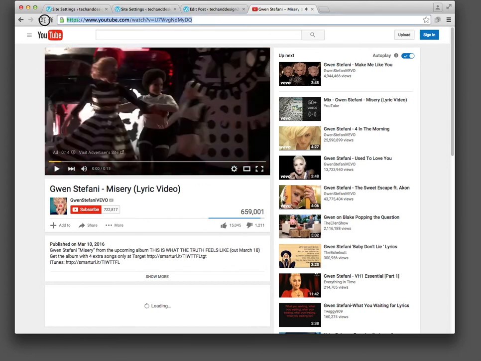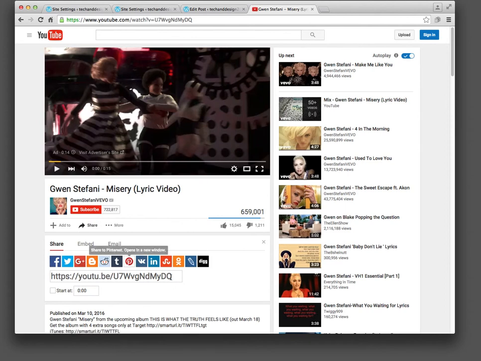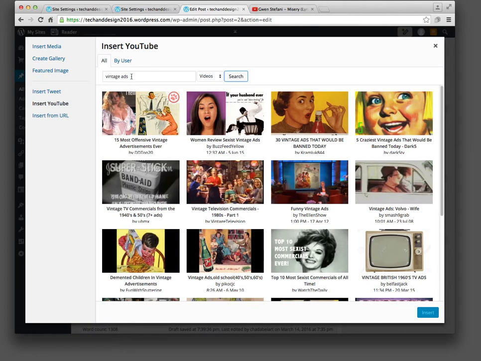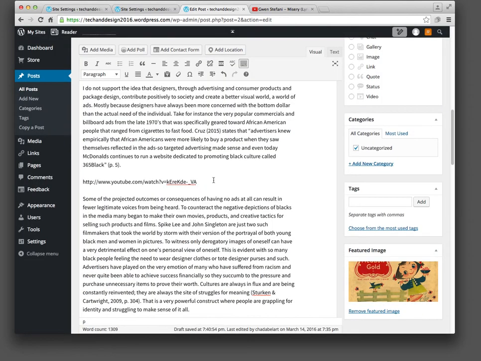And I could highlight the URL here, or the title, or I could click share, highlight this URL down here, and paste that right here in search, and you can find any specific video you know you want ahead of time. I think I'm going to select this one, and then we can say insert. And it shows up as an iframe or as a link here, but when I update this,